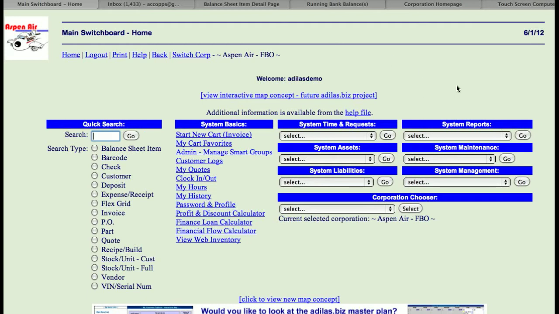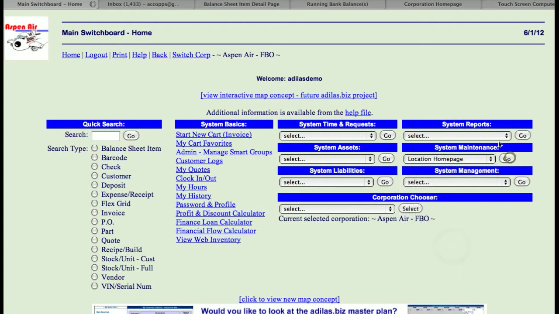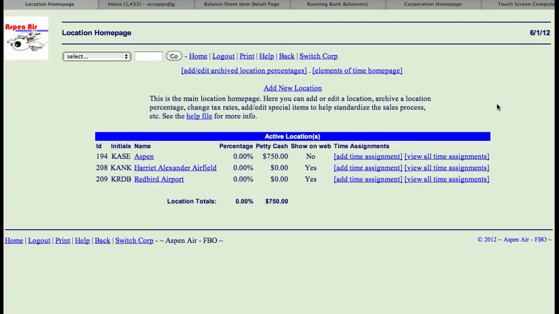From the main switchboard homepage, to find where the sales tax is stored, go under System Maintenance, and we're going to go down to the location homepage. Sales tax is accomplished by each location. So once you have a location set up, which I have a tutorial on how to add a new location,